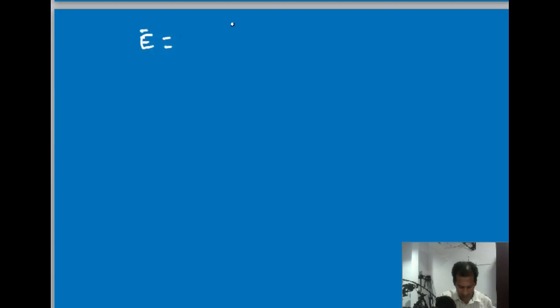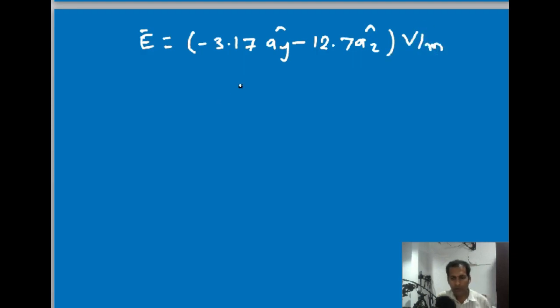E bar is equal to, say, minus 3.17 AY cap minus 12.7 AZ cap volts per meter. This is electric field intensity. Then